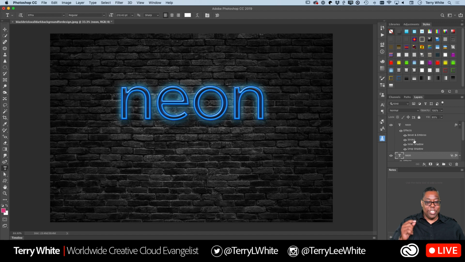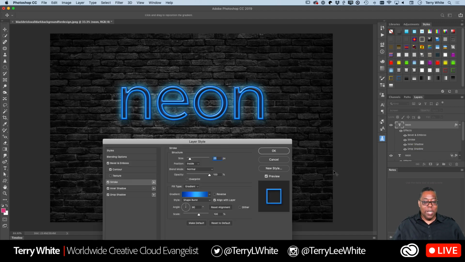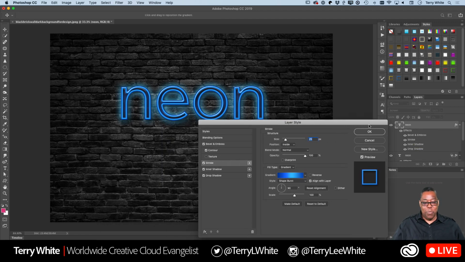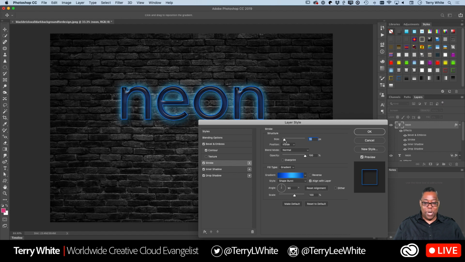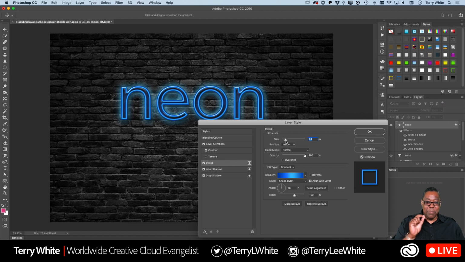The top layer has stroke, and we're going to double click on stroke to make it what we want. So this is controlling the thickness of our neon shape around the characters. So if you wanted them thicker, you can make them thicker. You wanted them thinner, you can make them thinner to almost where they don't exist. So this is just tweaking it to taste to get more of that neon look to it. And that might be a little too round. I might want to back off that just a little bit. That would be kind of where I want to be, right there. All right, so